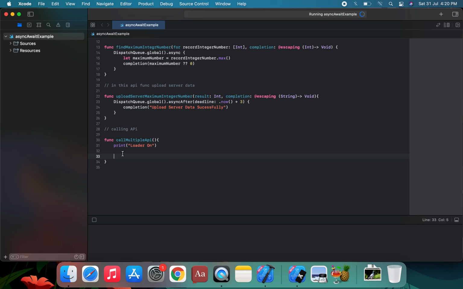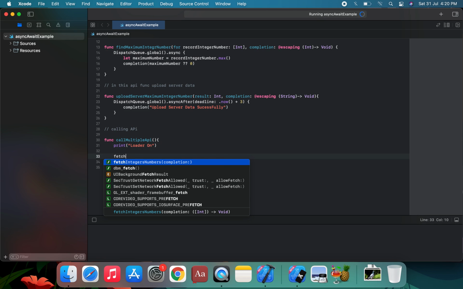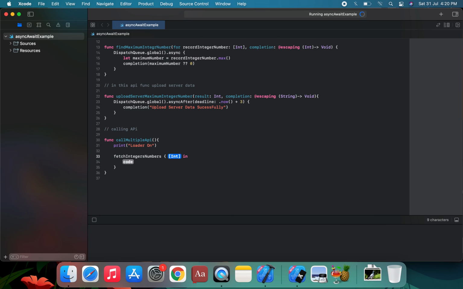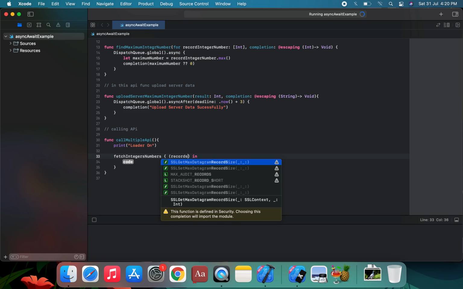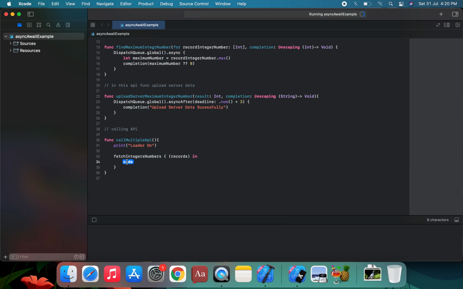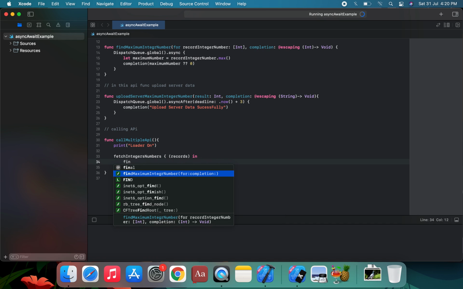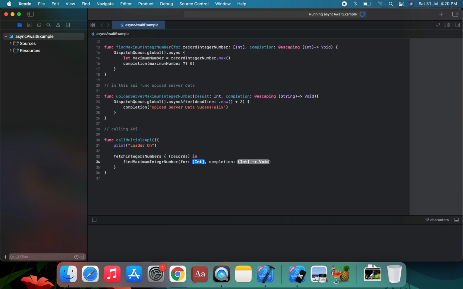Okay, and we're going to call in the first function fetch integer number, which is required on this fetch new integer number, and in this number we pass on these records, in this multiple record on multiple integer number, and find the maximum number. So we can apply on this records.